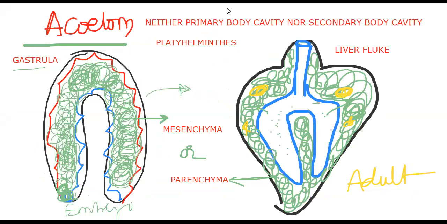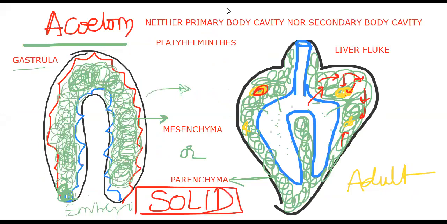So how does the food material need to be transported from one cell to another cell? It needs to be distributed. Organs are embedded here, you see, so we need to distribute the food materials and nutrients to them, but it is very slow and less efficient. We call this body plan the solid body plan, which is the very primitive body cavity, we can say, with this acoelomate. Okay, then let's continue with the pseudocoelomates today.